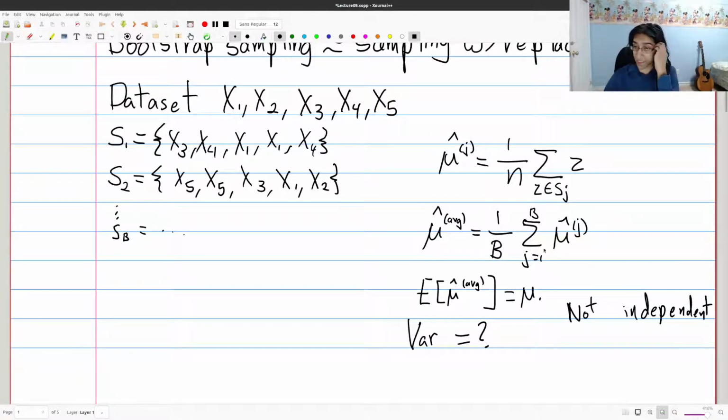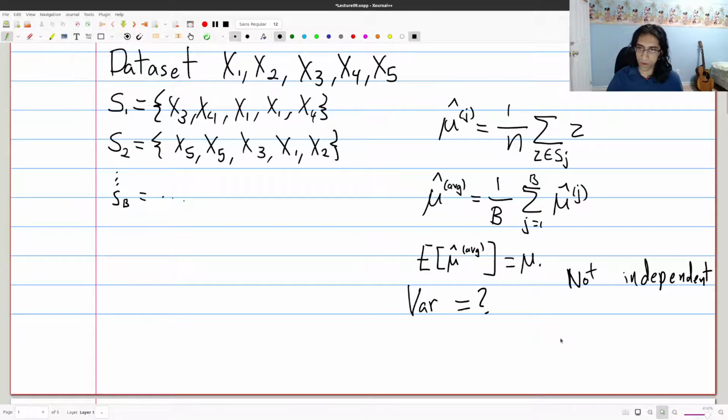And what do I mean by these are not independent? I mean, neither these samples are independent from each other within a set, and these estimators are also not independent because they draw from the same data set. So those are both bad things, these two independence things, but it still works anyway,